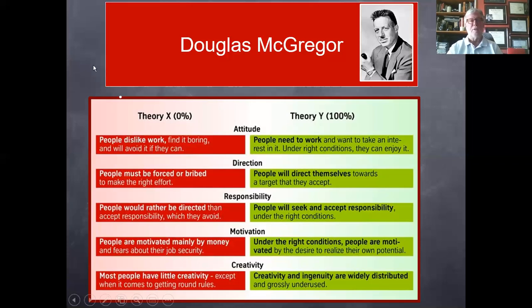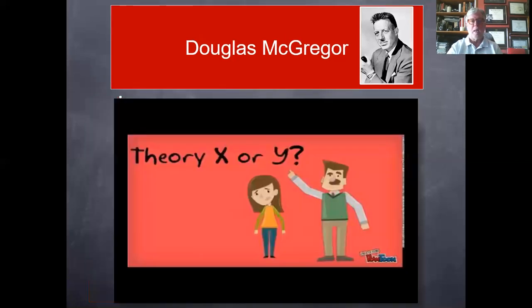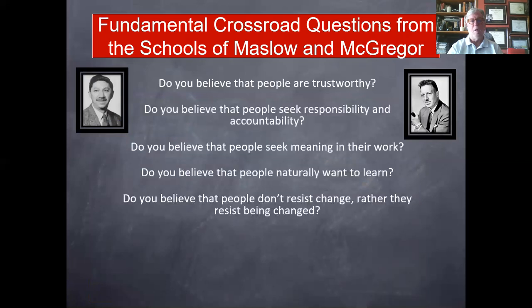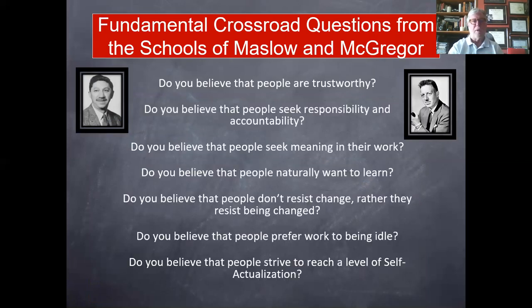So you can see two points of view which really would manifest themselves in whether a boss was autocratic and directive, or a boss might be cooperative, a team player, one that works with his employees to enable them to enjoy the workplace and also reach their potential. So again, this was the way McGregor saw things. We also talked about some of the contents of Maslow, and then McGregor. When you compare the two,